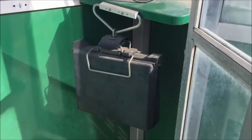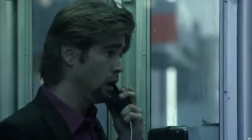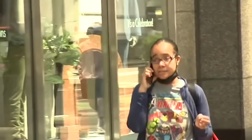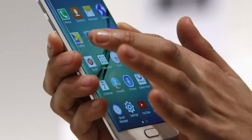Phone booth. Phone booths were once found on every street corner, essential for making calls away from home. Now, with cell phones in nearly everyone's pocket, phone booths are nearly extinct. They've become obsolete as mobile technology